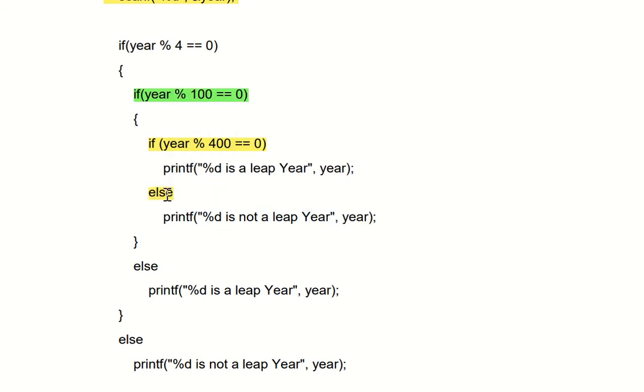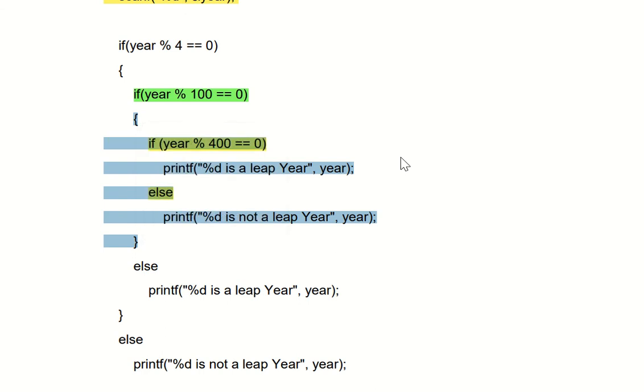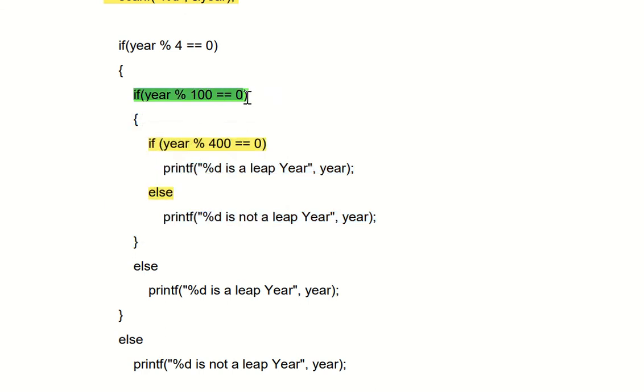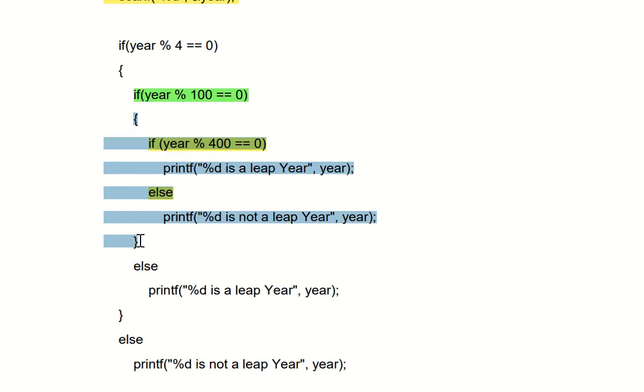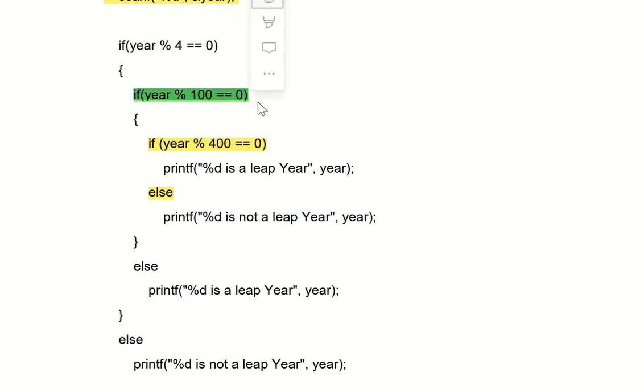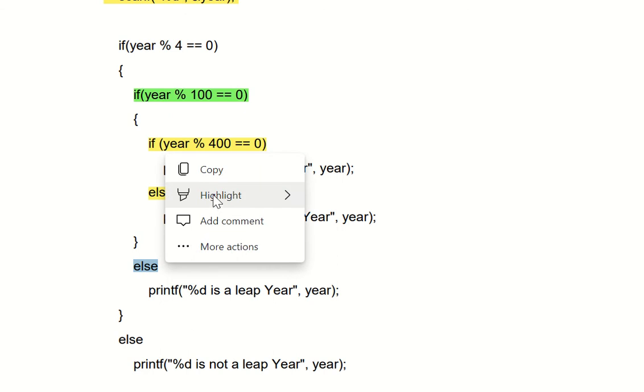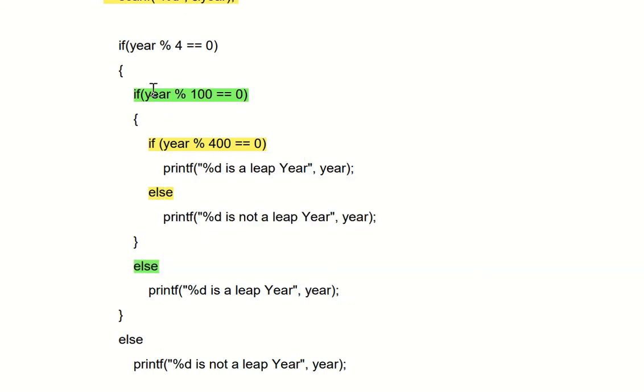So this is an if and this is an else, which is inside of this if statement. If the condition here is true, it will execute all these things till here, but if it is false, it will jump to this else part.